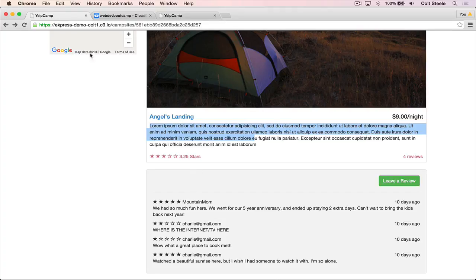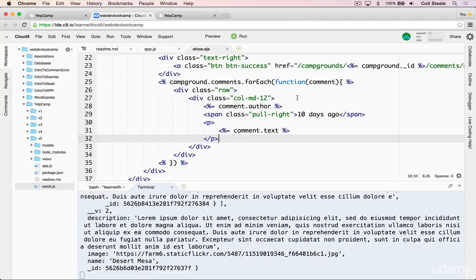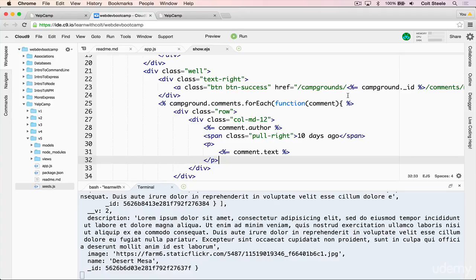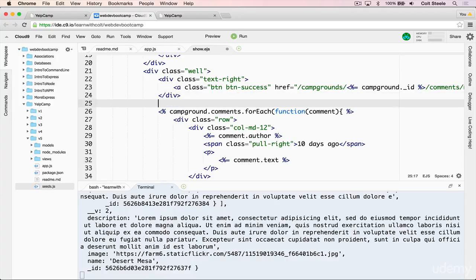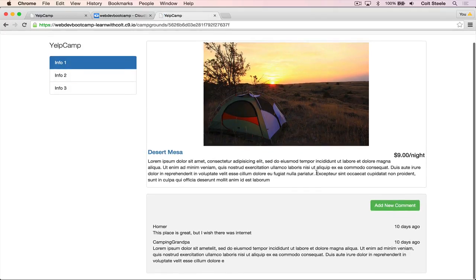I do have some space that we want to add. If you take a look at what we have here, there's a really faint line. I don't know if it'll show up on the screencast. There's a really faint line that adds some spacing in, and all we need to do to make that work is add in an HR. So right after this text right, which is the button, we just add in a horizontal rule. And if we refresh, we now have some space there, we have our button,